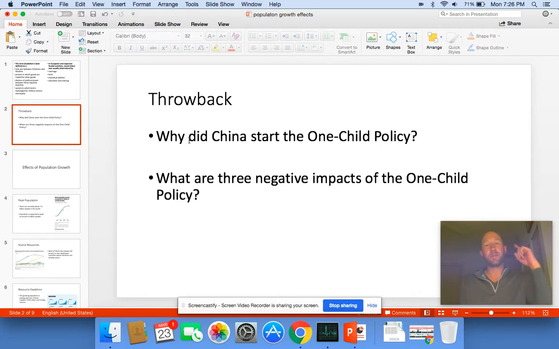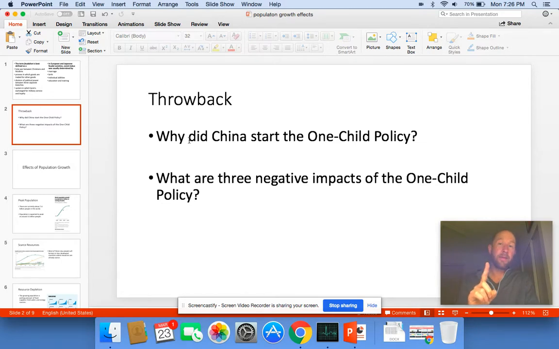And so they thought to themselves, what can we do? Well, you're a dictatorship, so you can force people to do things. And they implemented the one-child policy in 1980. And in some ways, it was a success. Like, people have less babies. The population growth of China went down. But it's had long-term negative consequences because